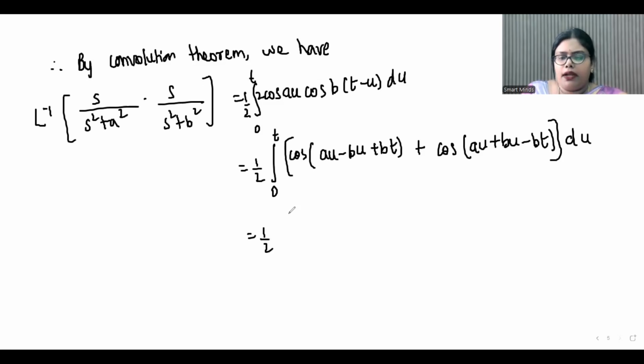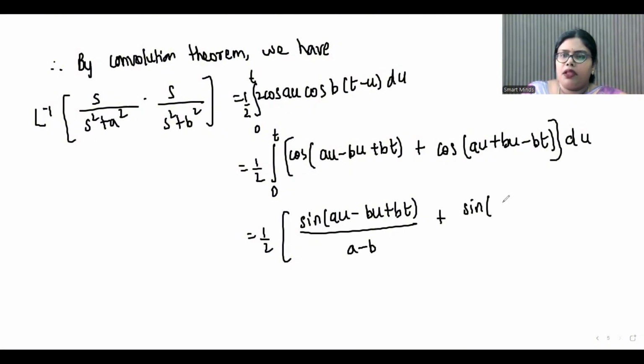That is 1 by 2 into... Now what is the integral of cos? It is sine. So sine (a u minus b u plus b t) by (a minus b) plus sine (a u plus b u minus b t) by (a plus b)